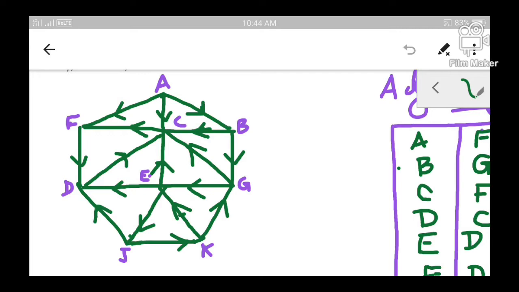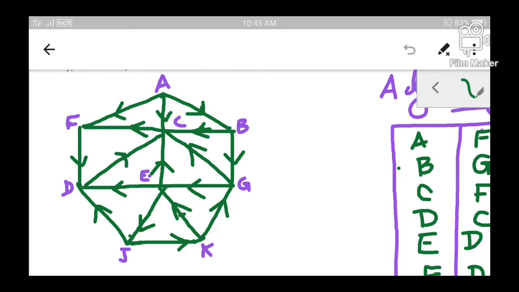In this directed graph, we are going to perform a traversal. Traversal means we are going to visit the nodes of the graph. Remember, while visiting the nodes of the graph, you need not visit a node twice. That means you have to move through all the nodes of the graph such that every node is visited only once. Let us now see how the breadth first search method can be used to do the traversal.